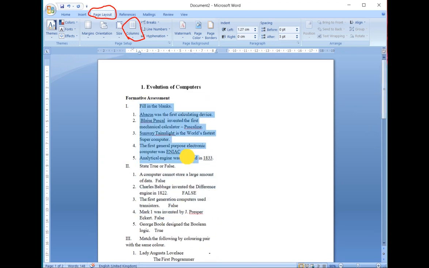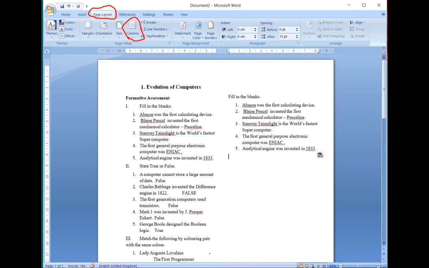Let us copy this fill in the blanks again to the next column. So here is my next column. Can you see the same thing is being copied, but in two columns. So how is it done? In most newspapers and articles, you can see that our layout has been divided into 2 parts: the first article is in the first column and the second article is in the second column.